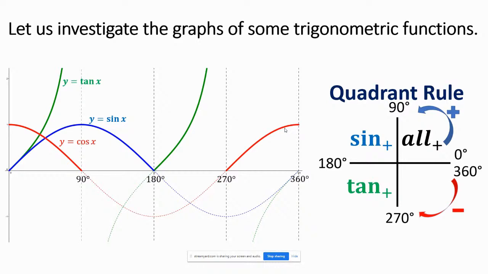For the third quadrant, only the tangent function is positive. And for the fourth quadrant, only the cosine function is positive. Okay, so meron yang abbreviation. So ano yun? Di ba, from the first quadrant,